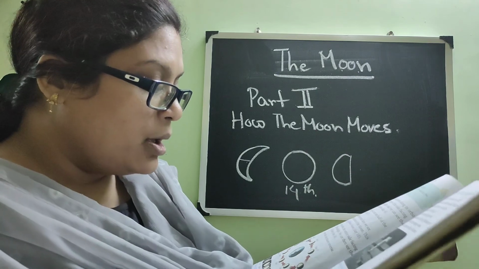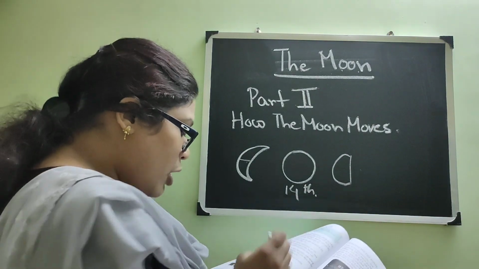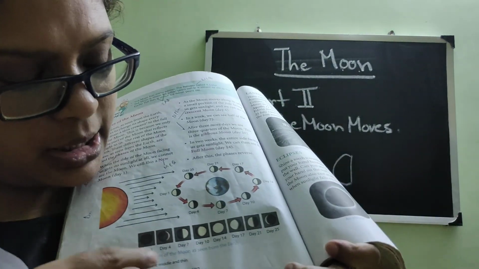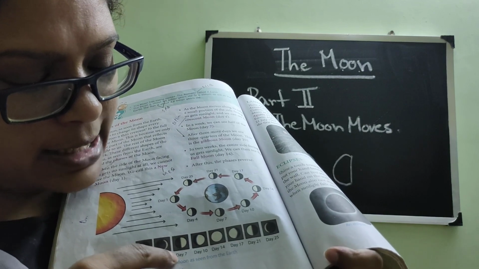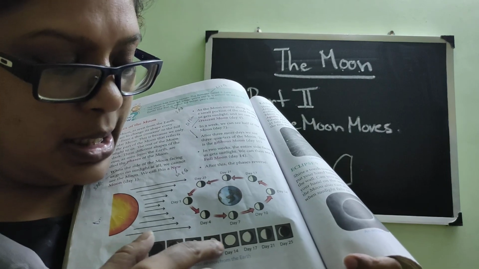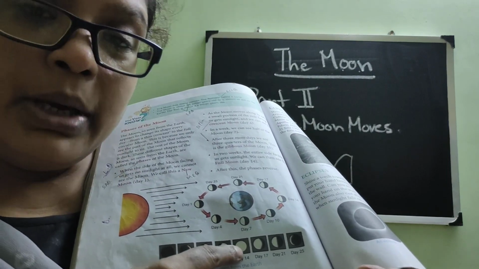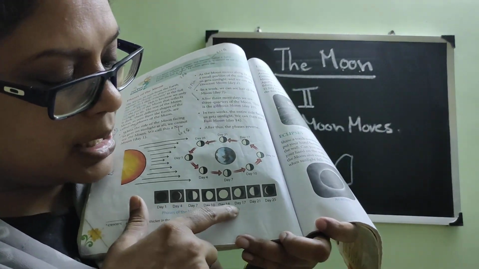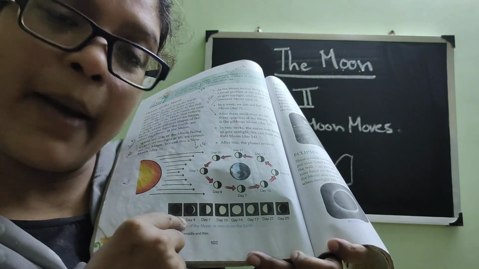See, after this the phases reverse. Again see here in the picture, it is drawn in detail. Day 1, day 4, day 7, day 10 and day 14 are in a series. Slowly we can see the moon very clearly. Again, on day 17, just the reverse of day 4 is happening.